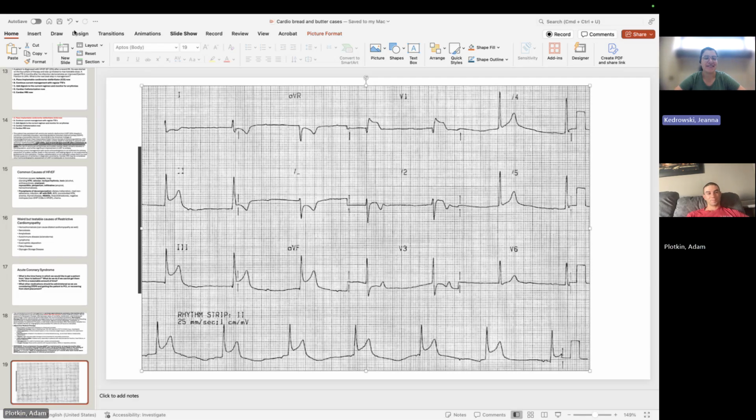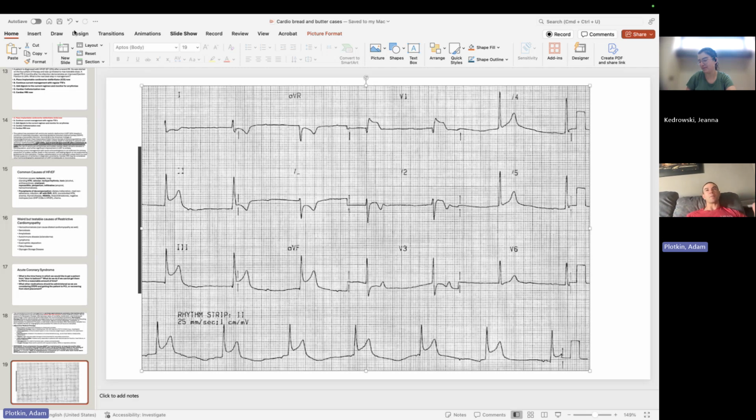I'm just going to go with the left anterior descending artery. That's always a good guess, right? Because that's the most commonly impacted. But unfortunately, 2, 3, AVF is not usually the LAD. So this is an inferior STEMI. Leads 2, 3, and AVF pick up the inferior portion of my heart.